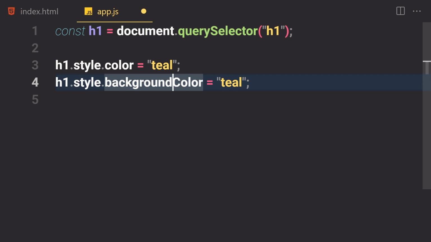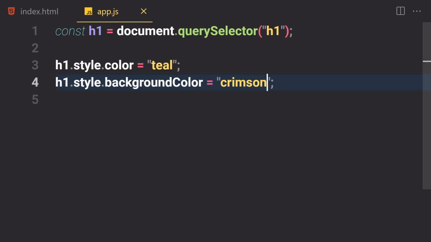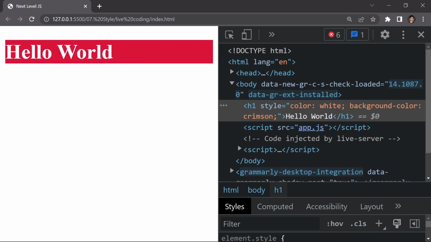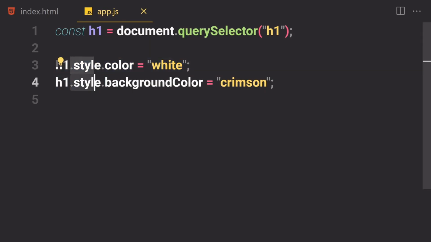You can also go with, no, you cannot go with snake case because this is JavaScript and we are working on a style. So you have to write that camel case. So the background color will now in this case be set to crimson. So if you save that, the background color will now be set to crimson and the text color will now be set to teal. We can also change that to white if you want to. We can provide hexadecimal values. We can do all of the CSS craziness by using this style property,